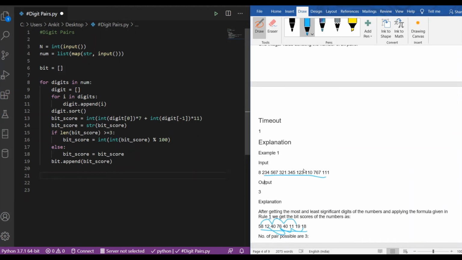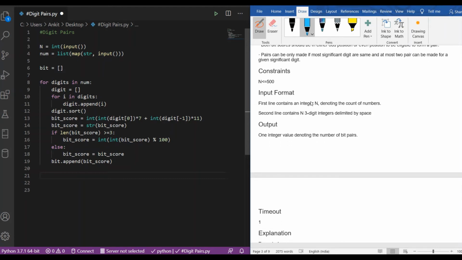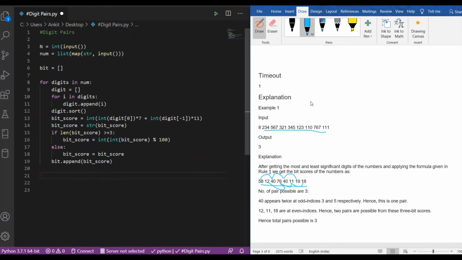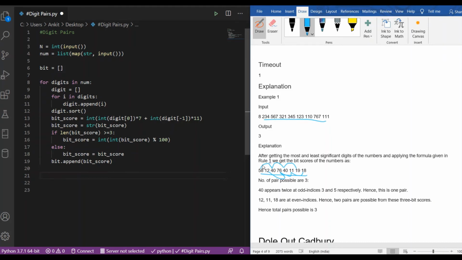The second condition is that a pair can only be made if the most significant digits are the same, and at most two pairs can be made for a given significant digit.